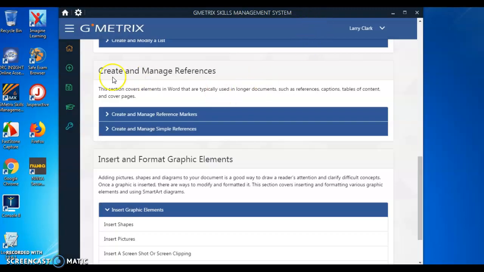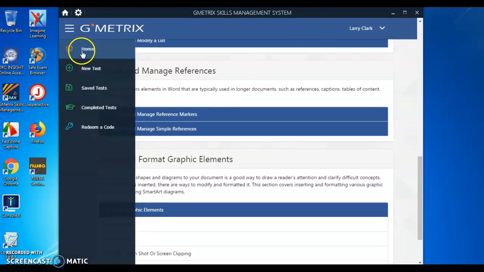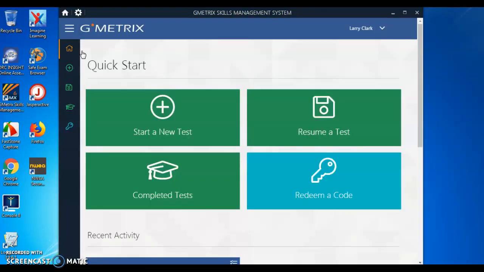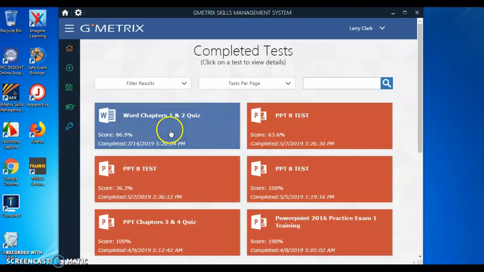So that's the study guide. Now, I was going to open up a test and show you, but it does not work with my screencast because GMetrix does have a trademark on their test, so we can't just show the test out there on the internet. What I will show you is, once the student has completed their test,